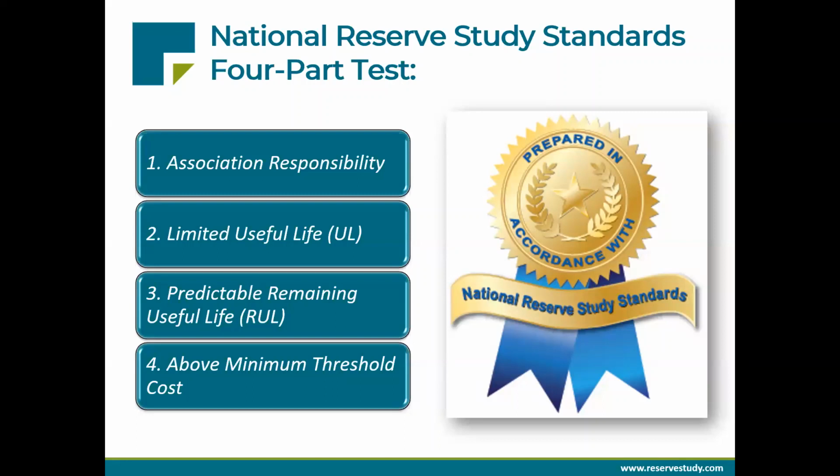Okay, let me give you an example. Many associations will ask a question, and this has been a big one the last couple of years. Can we pay our insurance deductible as a reserve expense, or can we include that for future budgeting purposes as a reserve component? You know, it's a really big number. If we ever have to pay that, we want to be able to draw from reserves for that.